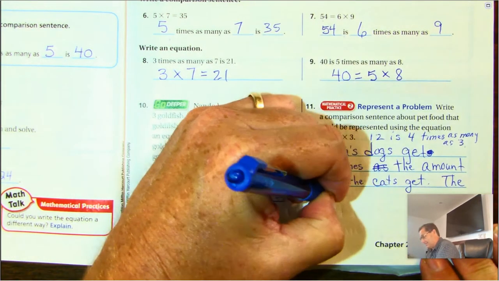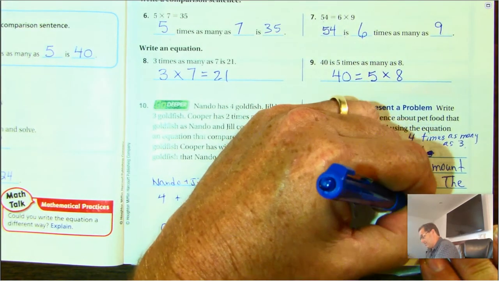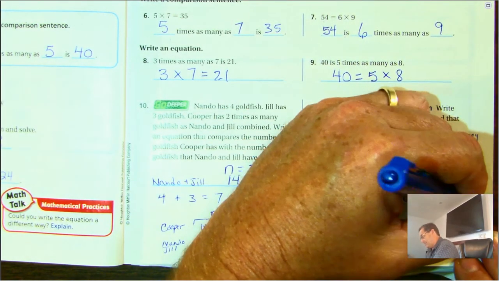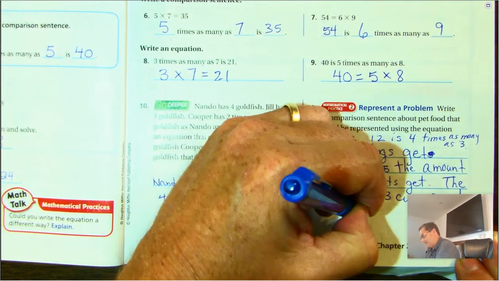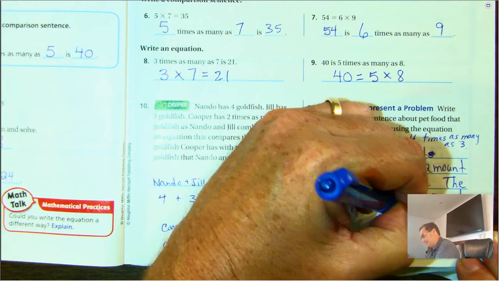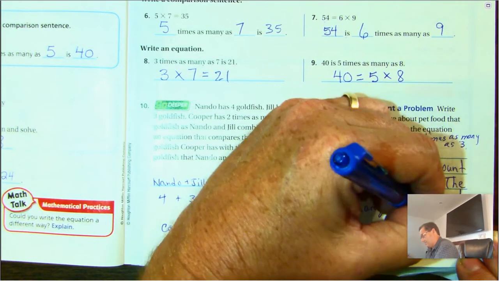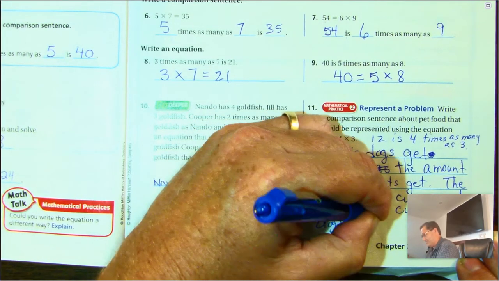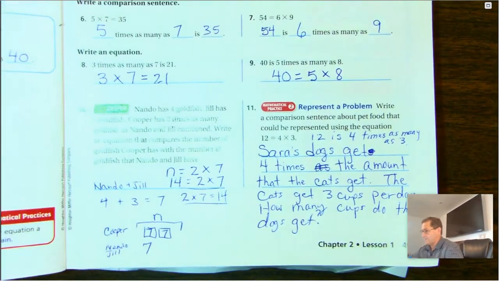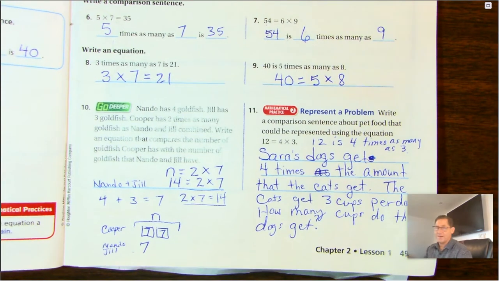The cats get 3 cups per day. How many cups do the dogs get? Okay. So sometimes when we're writing word problems and we're writing them out, we'll make mistakes in